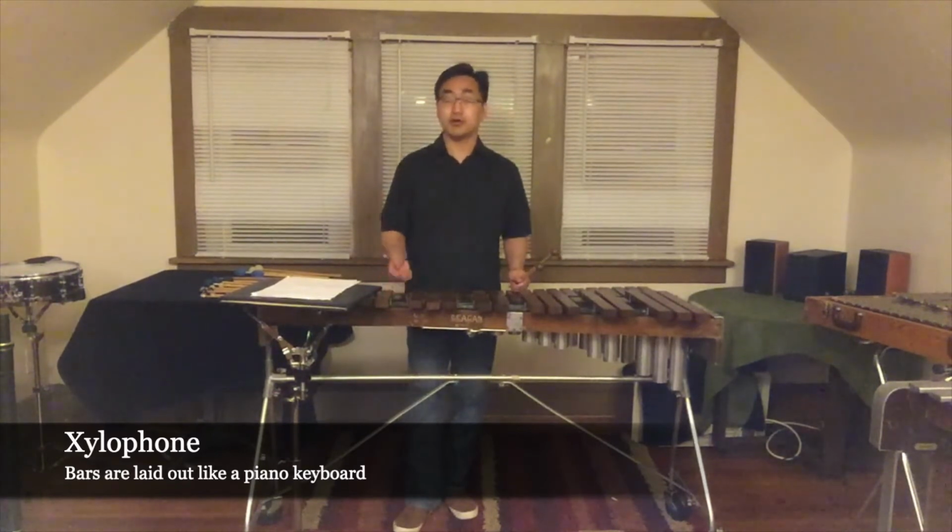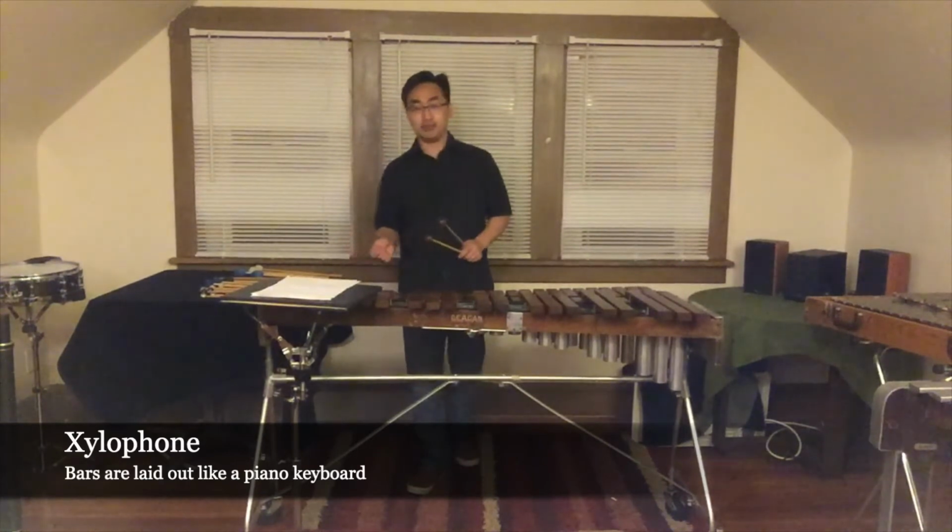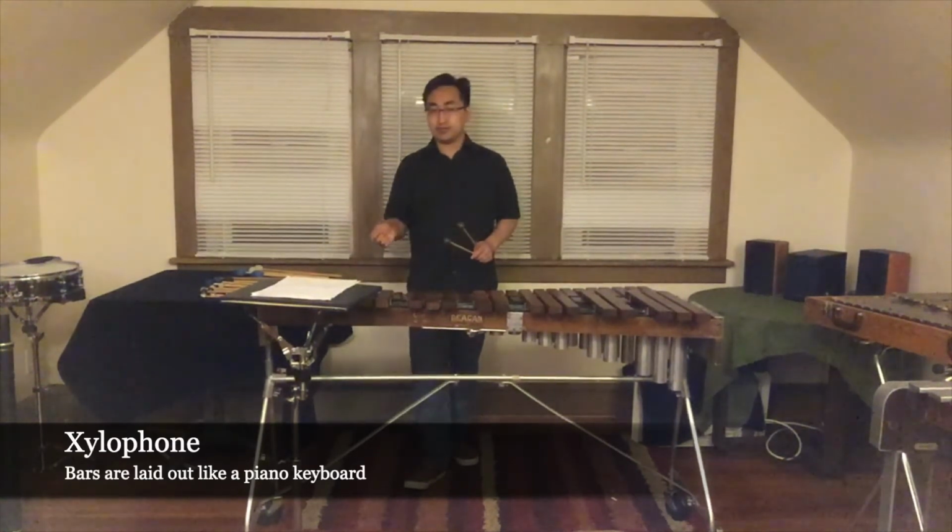So one of the styles associated with xylophone is called ragtime music. So ragtime developed in the late 1800s and early 1900s. And it's called ragtime because of banjo style playing back then. And so what they would do is, instead of playing a melody with straight rhythm, like in the Bach at the very beginning that went like this,